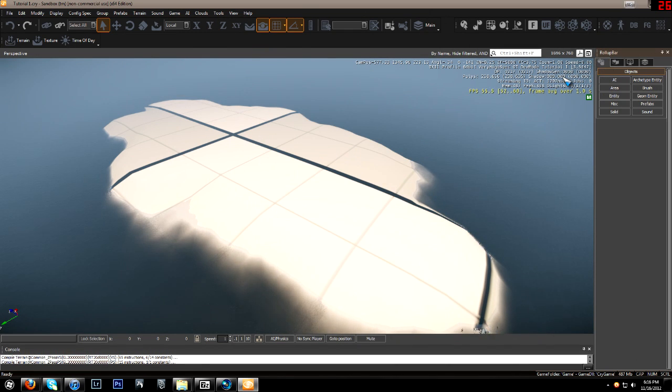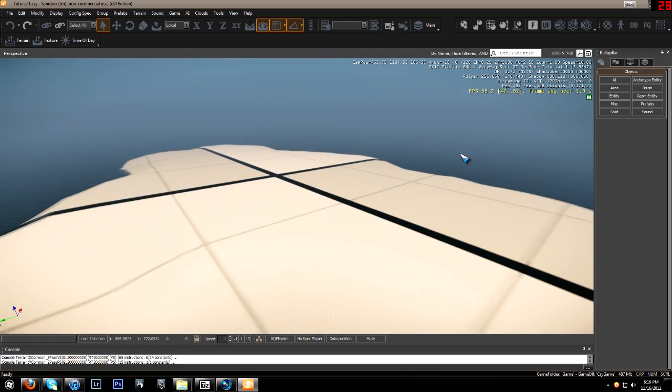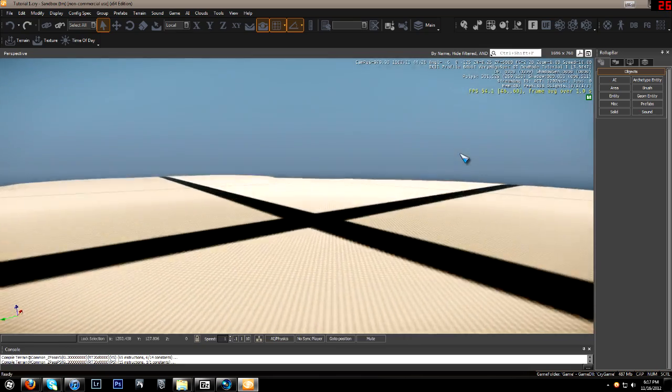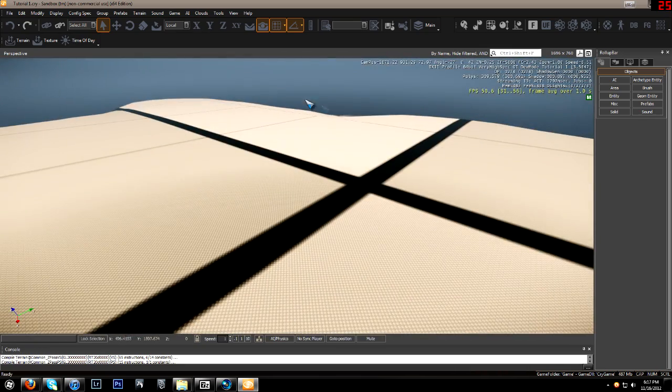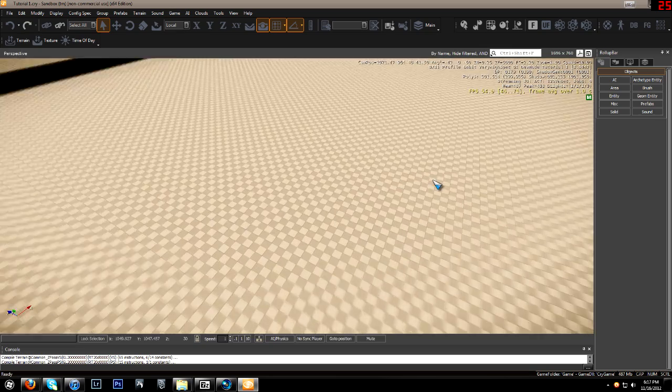Here you see in front of you a level that we created in tutorial 2 and 3. In tutorial 2 we started the new map, and in tutorial 3 we started the land. So now I'm going to show you how to place objects. This is relatively simple, and there are many ways to do it, but the most common way of doing it, ignore the textures, we'll get to those in a later tutorial,